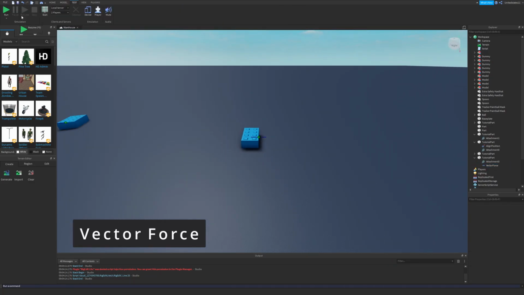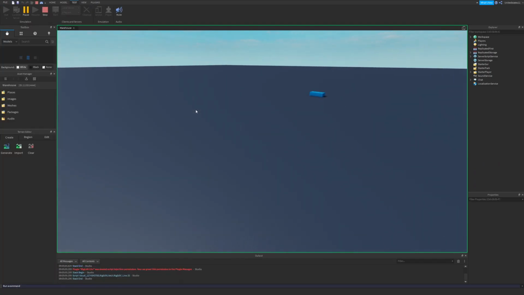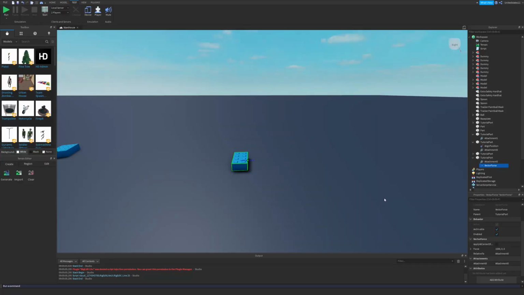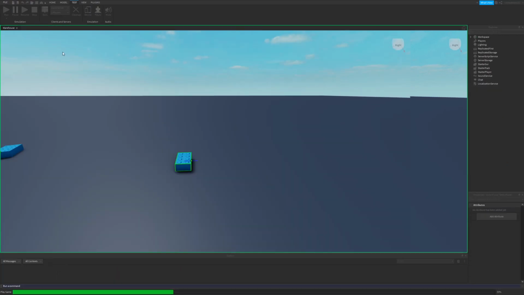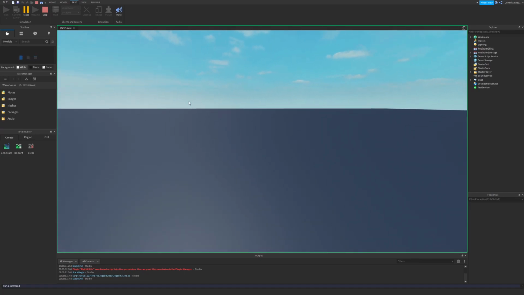The next one we have is vector force, and this will apply directional force to the part depending on where the attachment is placed on the part. The direction and strength of this can be changed and edited through properties by changing the force XYZ values. And a fun fact, side note, this specifically is done by a vector 3 value, and you'll see that if